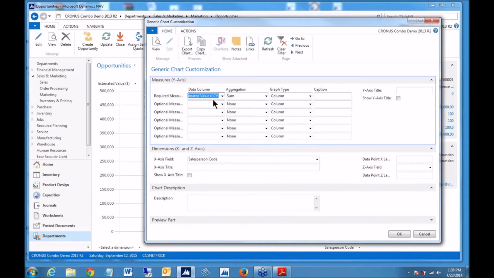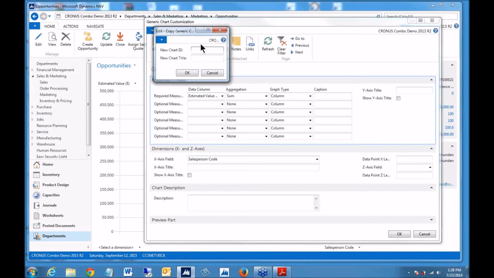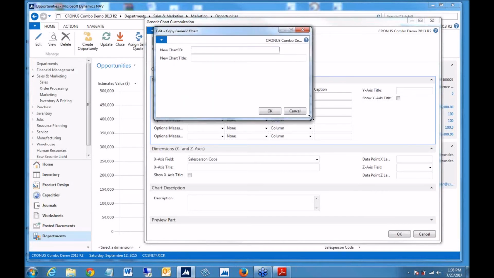Okay, the other one that I definitely want you to use is this one here called copy chart. And I'm not sure copy is the best word. I think it really means more like save. But I can hit copy chart, and then I give it a name. So I'm kind of naming this chart. So we're going to call it one